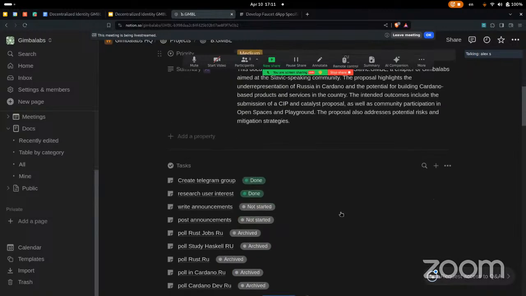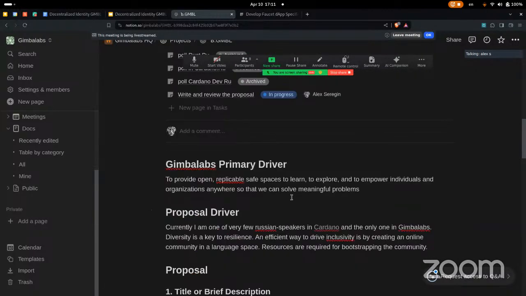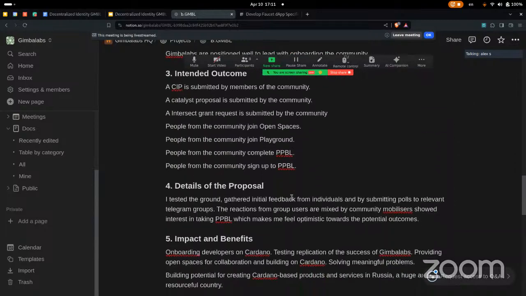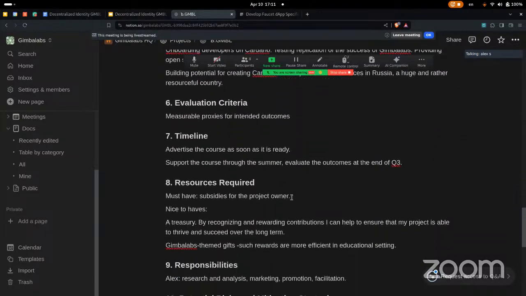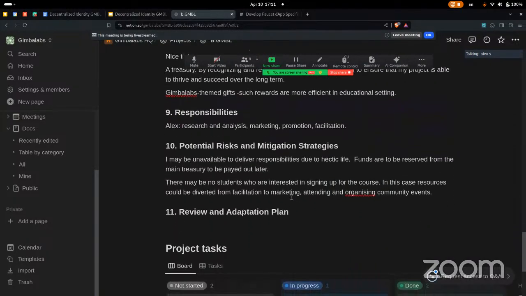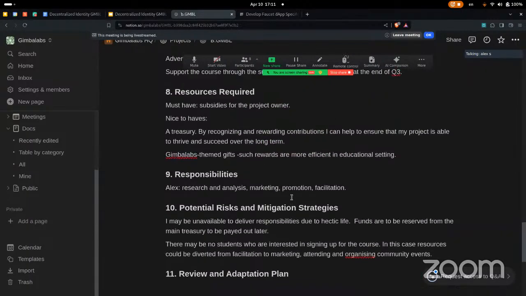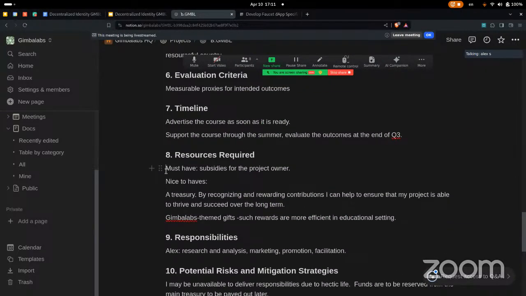So most of the work I did is in the proposal, which outlines quite a few things about how this would work. In particular, the resources, like it would be cool to get something out of it.